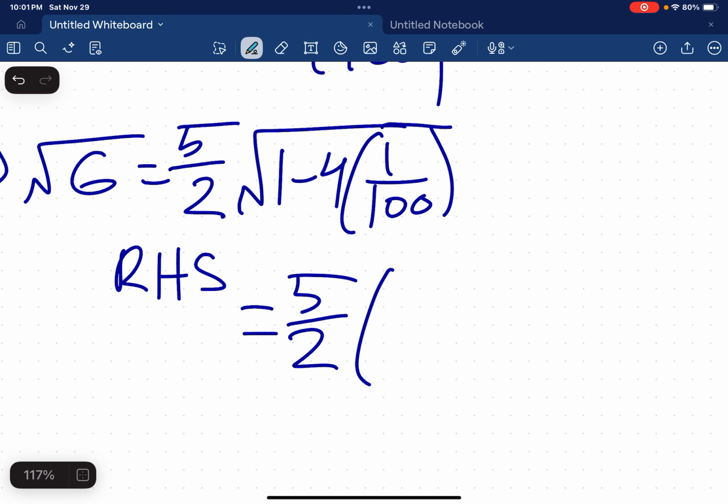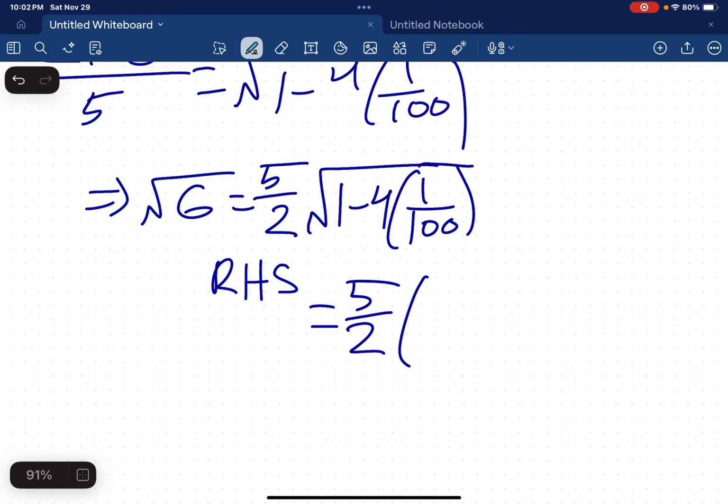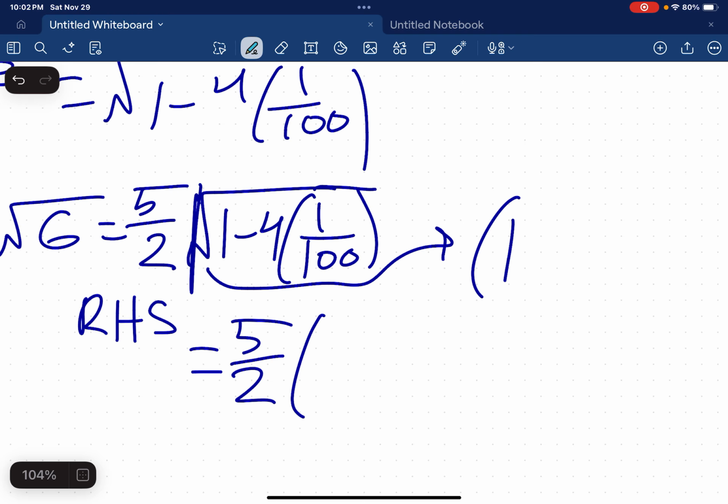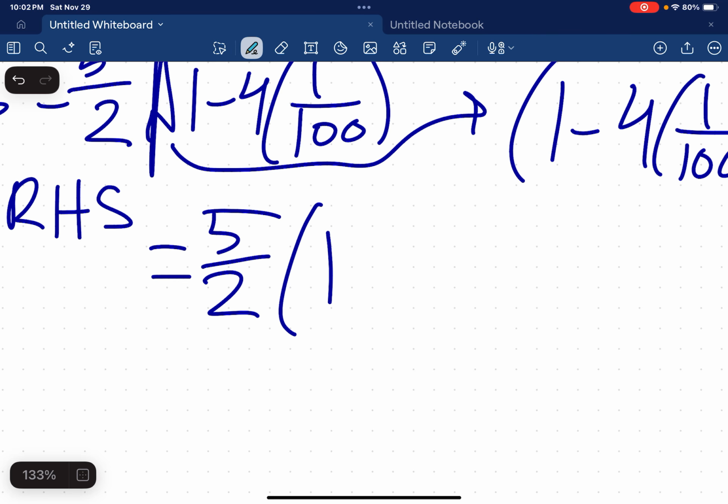Times, oh, okay, got it. We have to make this into the combination, this little thing right here. We're gonna have to make that into 1 minus 4 over 100 to the 1/2, which means that we're just gonna get 1